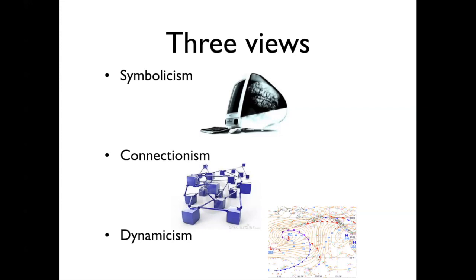Dynamicists, in contrast, said, when you model a system like the mind, you should be modeling things in real time. So you always need to talk about time. It's not something that is secondary. And really, time is a major determiner of whether a biological system is successful. So if I am walking through the forest and I see a tiger, and it takes me 100 milliseconds to see the tiger and turn and run the other way, I am much more likely to survive and be successful than if I look at the tiger and count the stripes and spend time trying to figure out, is this really a tiger, or is it just the way that the light is reflecting off the leaves,